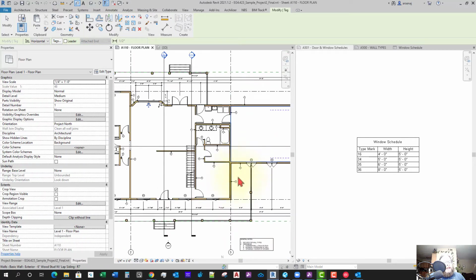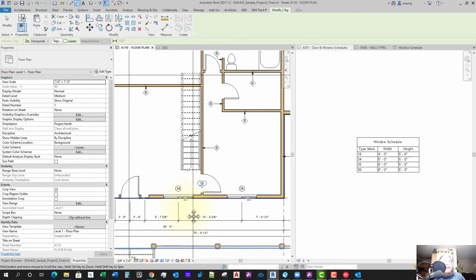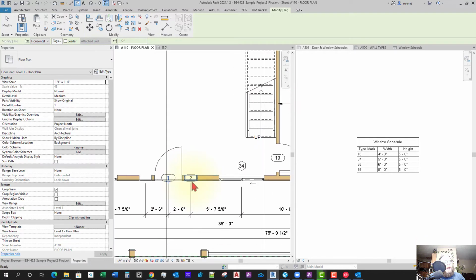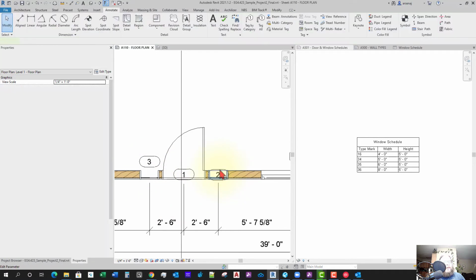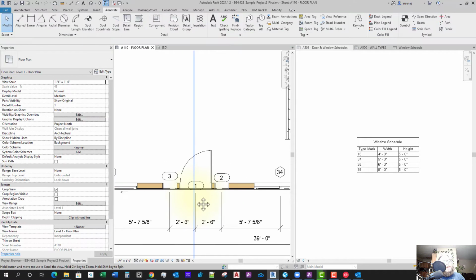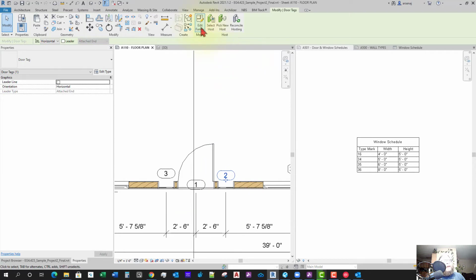But that's not necessary. While we're at it, let's tag the doors because we'll do the same thing to the doors. And let's tag these as well, these little side lights. They're considered doors. They're part of a door family, so that they're showing up with door tags. And let's modify this tag as well. So let's go edit family,